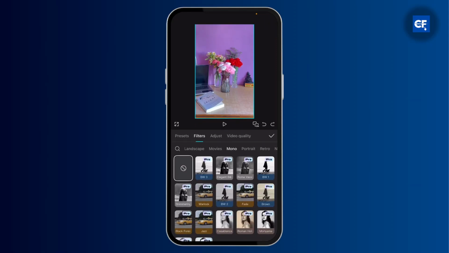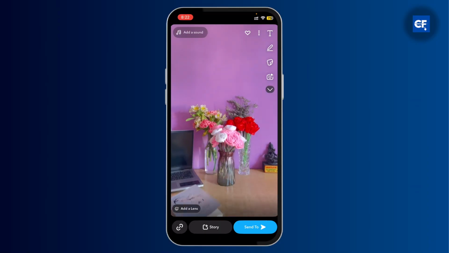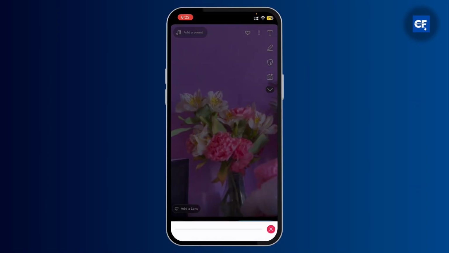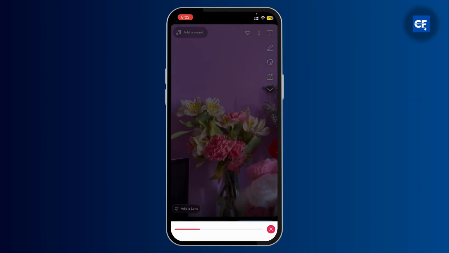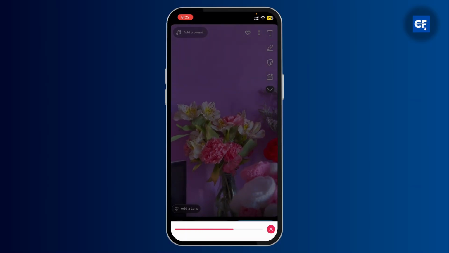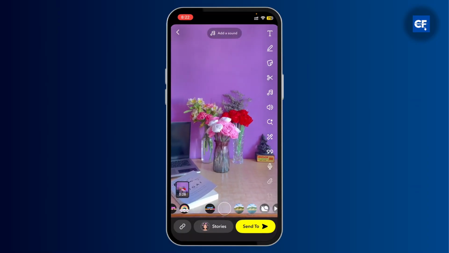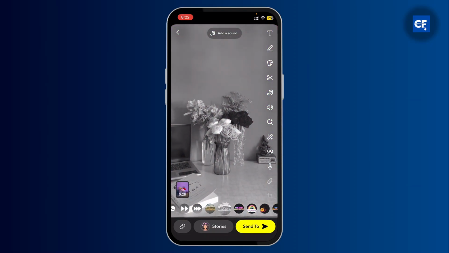However, if you don't have the paid version of CapCut, the black and white filter is not available. So what you can do is go to your Snapchat, just tap on edit video, and then here you can look for the black and white filter. So swipe until you find the black and white filter. So once you found the black and white filter, just tap on send to and then